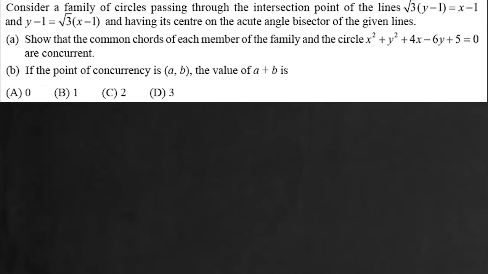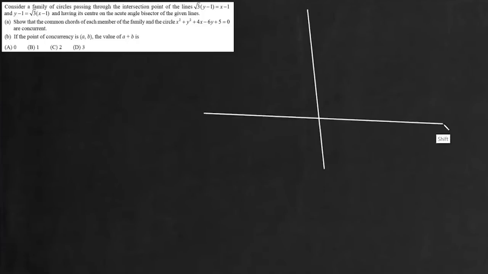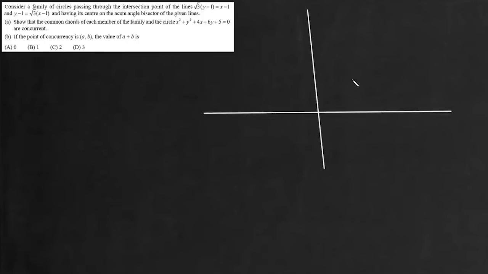Now here the question is, consider a family of circles passing through the intersection point of these two lines and having its center on the acute angle bisector of the given lines. Show that the common chord of each member of the family and the circle are concurrent, and if the point of concurrency is a comma b, find the value of a plus b. Now both the lines pass through the point 1 comma 1. These two lines intersect at 1 comma 1. So this is your point, say A,